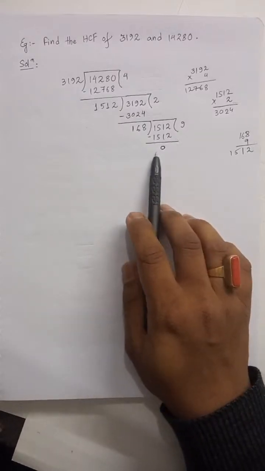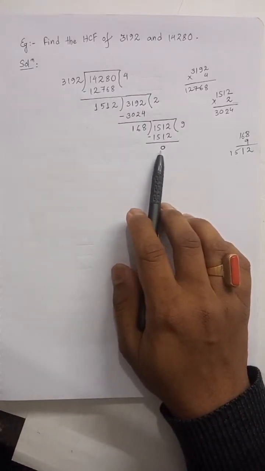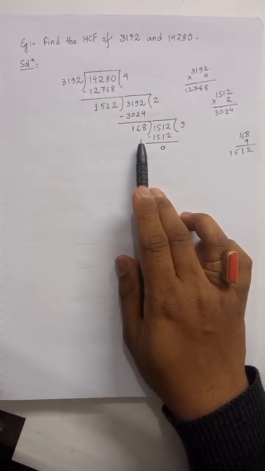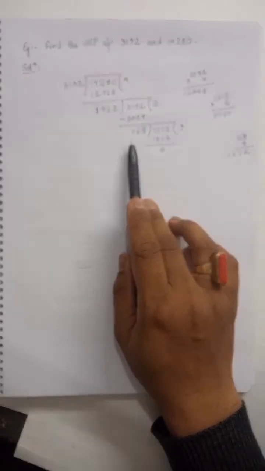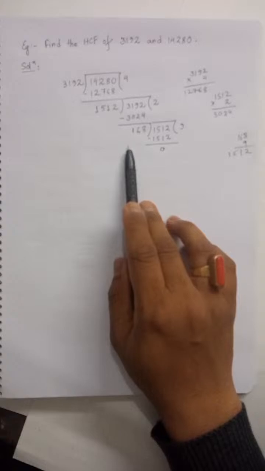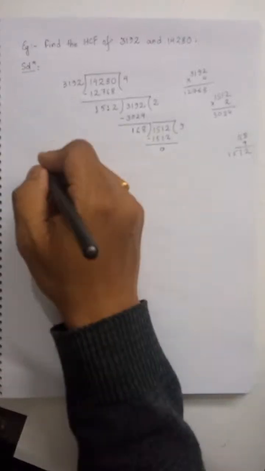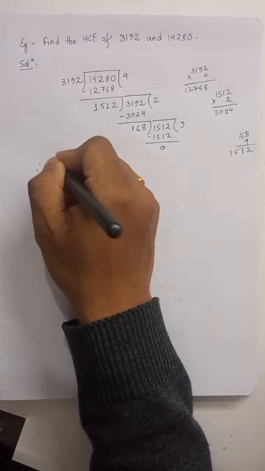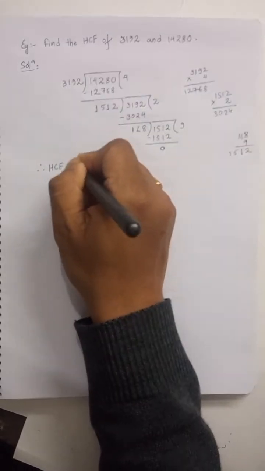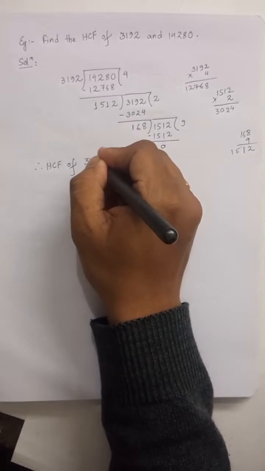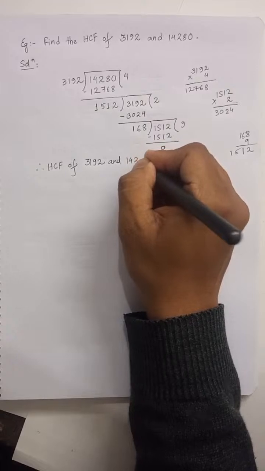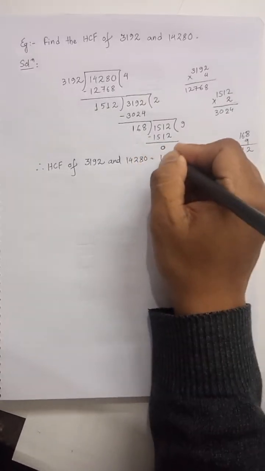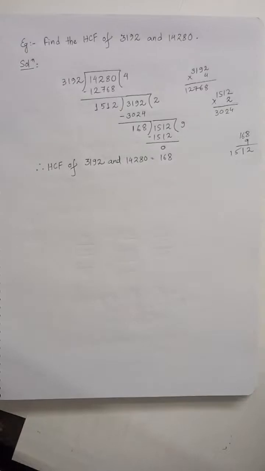Remember, whenever the remainder becomes 0, at that point whatever the divisor is, is the HCF of the numbers. Okay, so since the remainder has become 0 and at this point our divisor is 168, the HCF of 3192 and 14,280 is equal to 168. Okay,